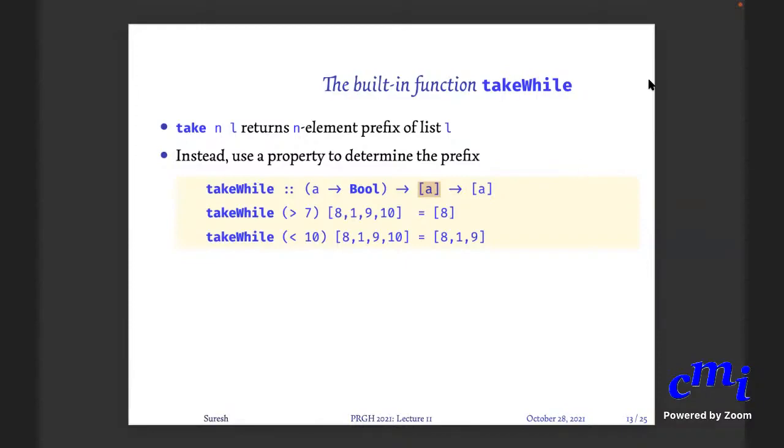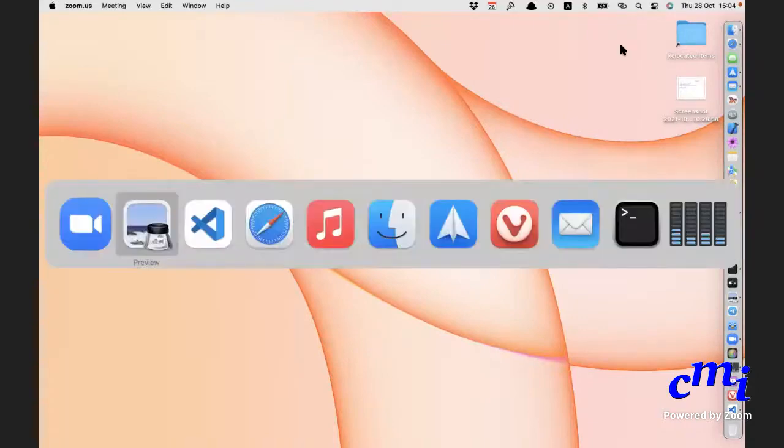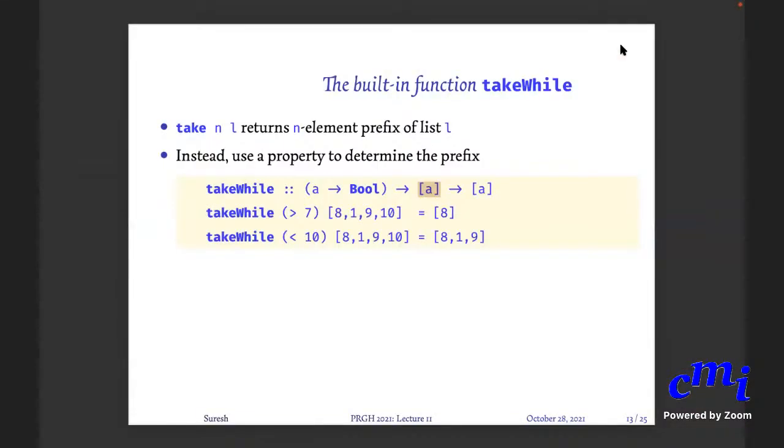It can skip it. Hello, can somebody confirm that you can hear me? Sorry, sir. Could you please repeat it again? Can you confirm that you can hear me? Anyone? Sir, we can hear you now. Oh, okay. Because there is some power fluctuation going on here. Sorry about that. Okay, can you see this takeWhile? Can someone confirm? Yes, sir, we can see and hear you clearly now.